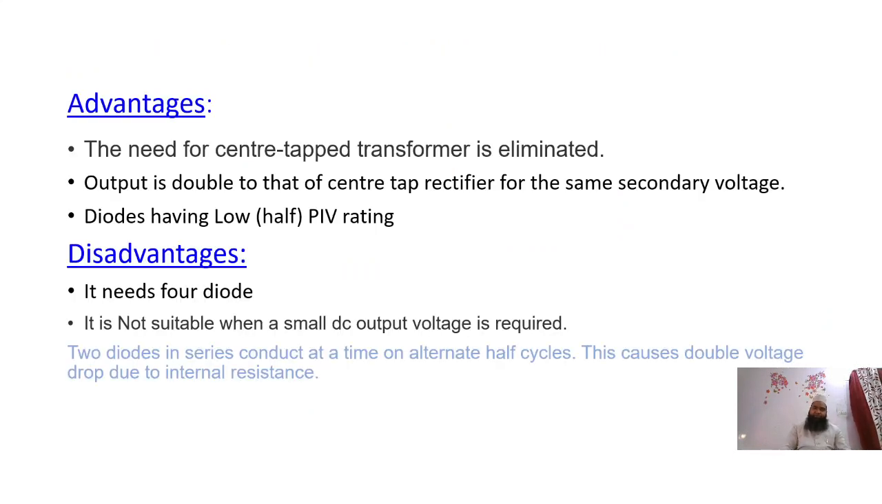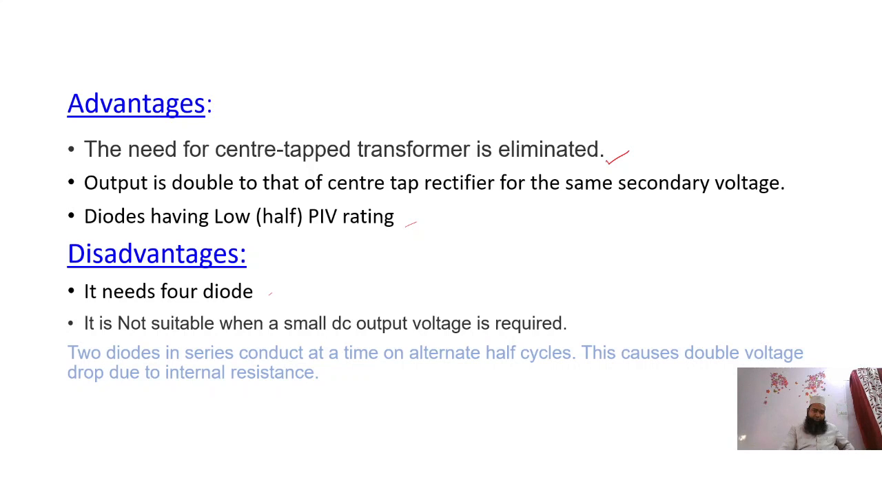The advantage of the full wave bridge rectifier is that it eliminates the need of a center tap. Also the output is double that of the center tap rectifier for the same secondary, and the PIV rating is half. The disadvantage is it needs four diodes, and the second disadvantage is it is not suitable for a small DC output